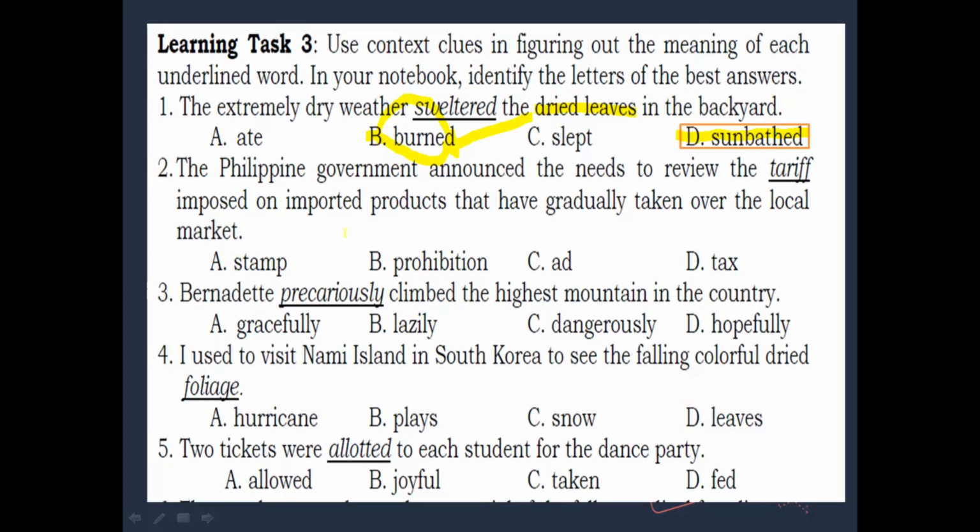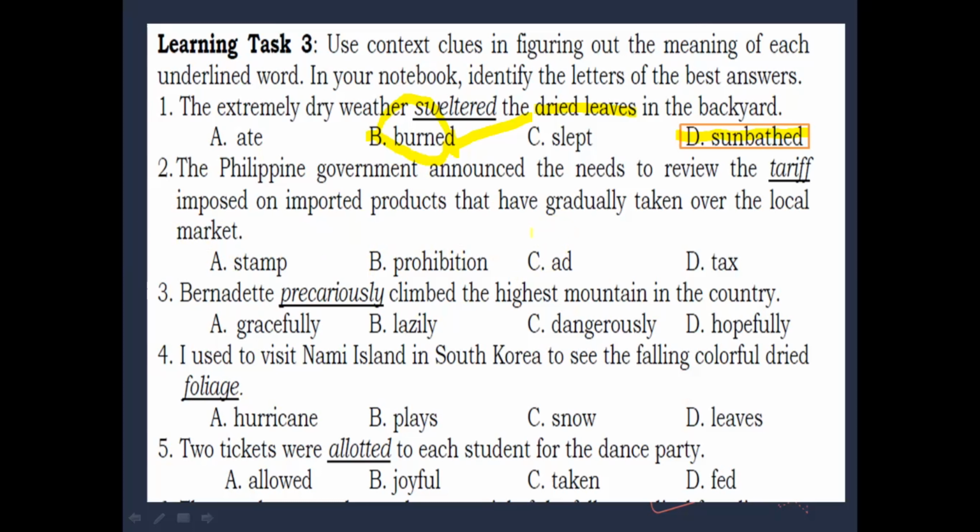C. Ad. Or D. Tax. Okay. So, what do we call the imposed bill or imposed amount on imported products or any local products that our government